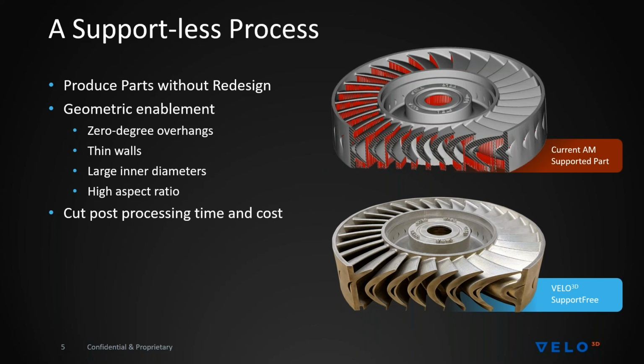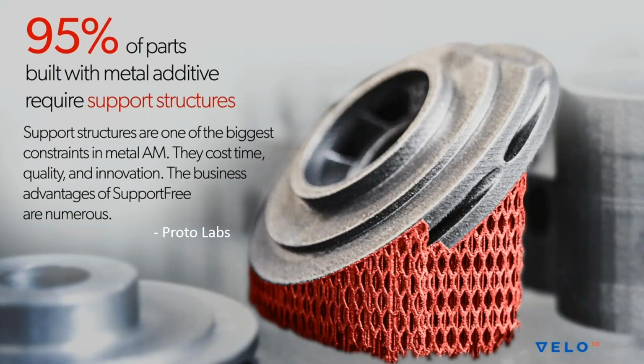Now, how predominant is this? Well, according to Protolabs, prior to having a support elimination capability, 95% of all the parts that passed through their operation required support structures. So nearly 100%. And the impact in their mind was that support structures are one of the biggest constraints in metal additive manufacturing. They cost time, quality, and innovation, and the business advantages of support-free are numerous. But I want to really focus on that word constraint. That's the key here, eliminating constraints that hold back your business opportunities, whatever you want to do with metal additive